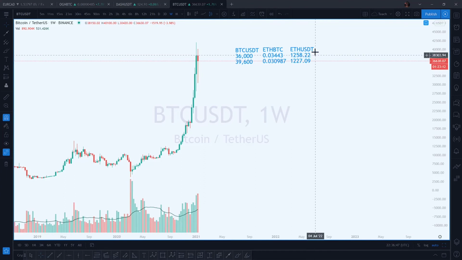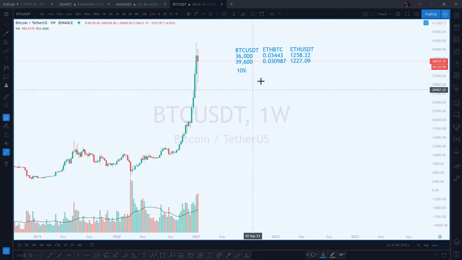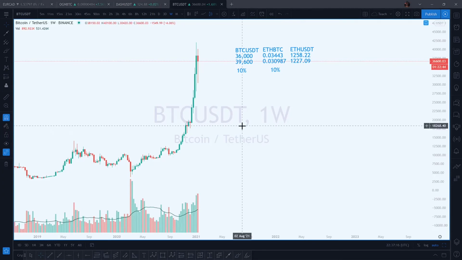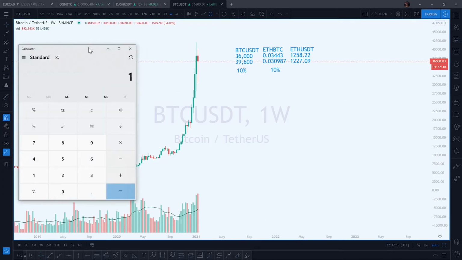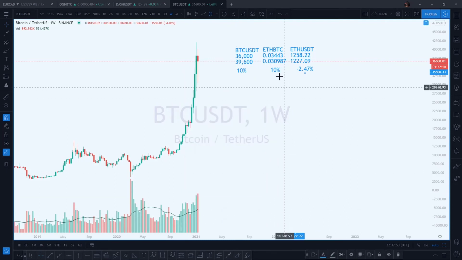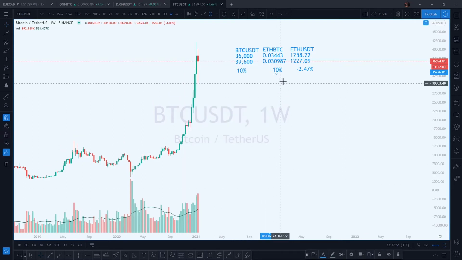So what has happened here? This means there is a drop here, right? Here we have a 10% up move, and here we have a 10% down move. So how many percentage have we gained or lost here? Let's calculate that. We have the price coming from 1258.22 to 1227.09. That means we have dropped 2.47% on ETH. So why is it that when Bitcoin rose by a whopping 10% and ETH BTC dropped 10%,